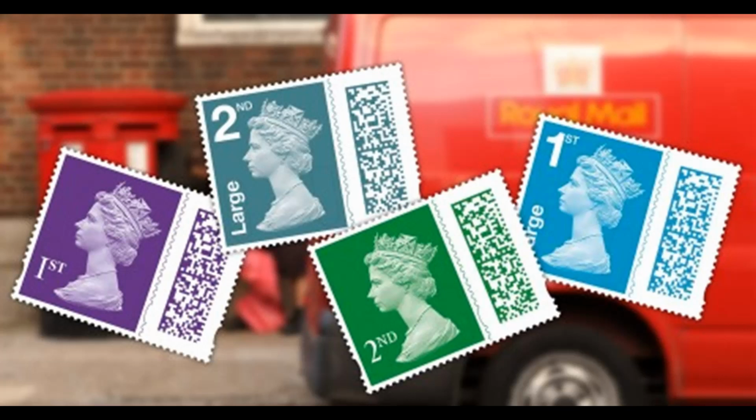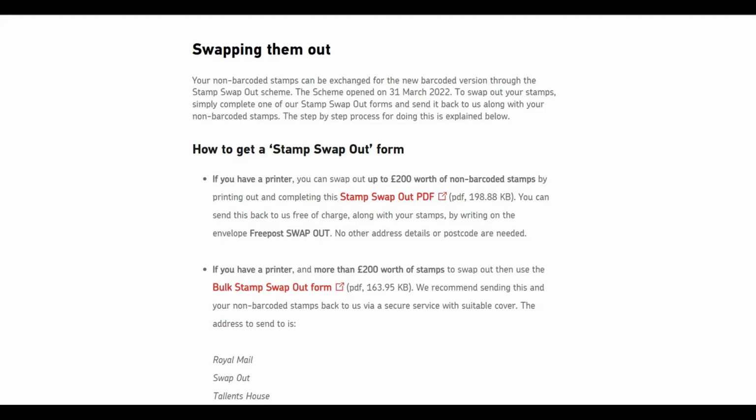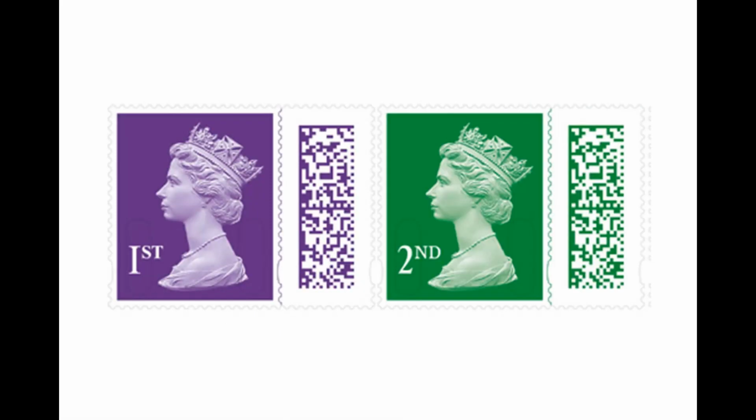So the most important things you need to know is that time is running out if you're watching this in real time. The second thing you need to know is that, unless you're a business, you can only do up to £200 a time. So if you've got a lot of stamps, whether it's your own or you've got from other people because you're helping them out, in certain amounts, up to 200 only, and I can tell you this because I had so many to do, that it can take a week to get them back or 2 weeks to get them back,